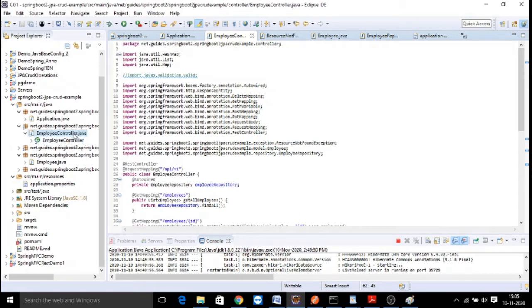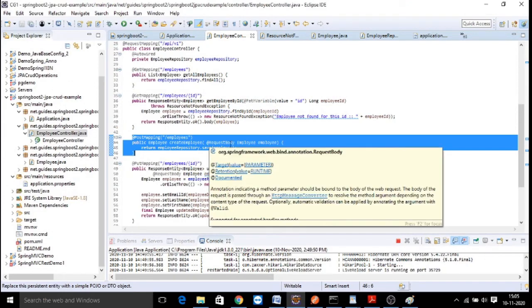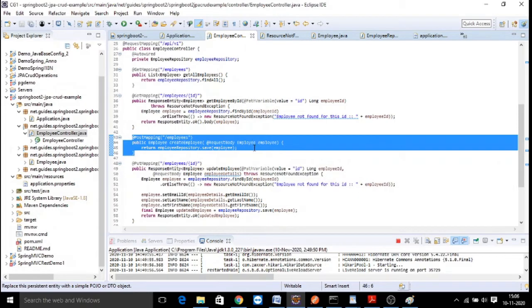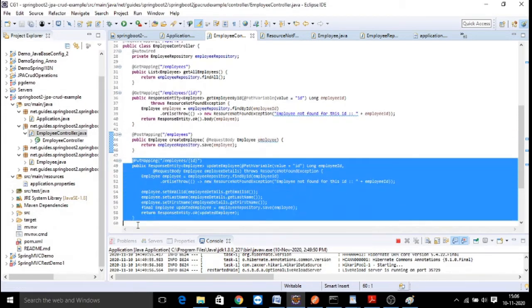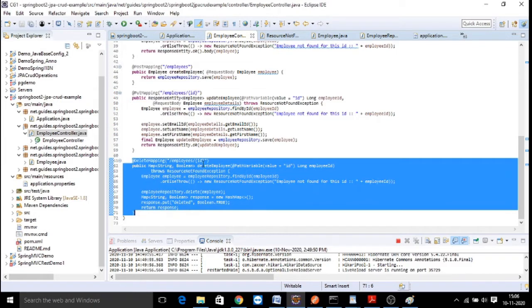So here is the controller, where, just like the previous application, we have a get mapping for loading all the employees. We call the repository and load all the employee details. Get one employee for a given employee ID. Add employee by using request body to pass the employee object through your Postman request to send the employee record. Put mapping, we will pass an employee ID so that for that particular employee we are going to update the employee details. Delete mapping, for a given employee ID we are going to delete it.